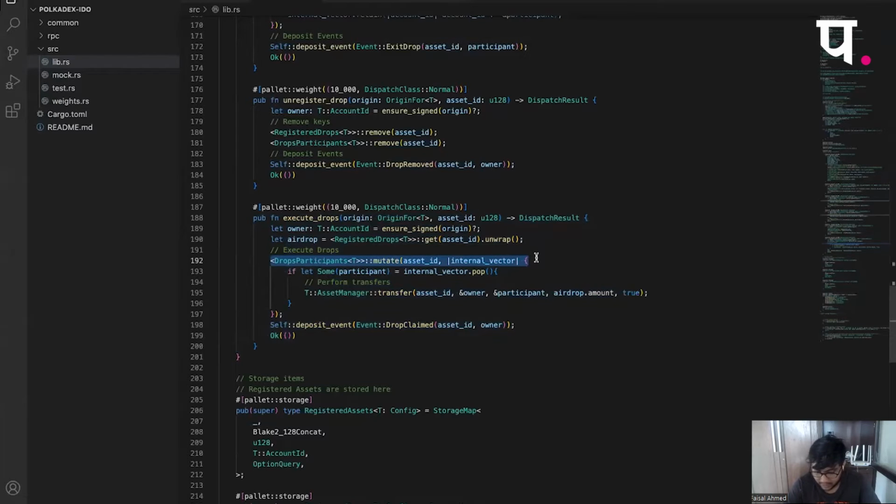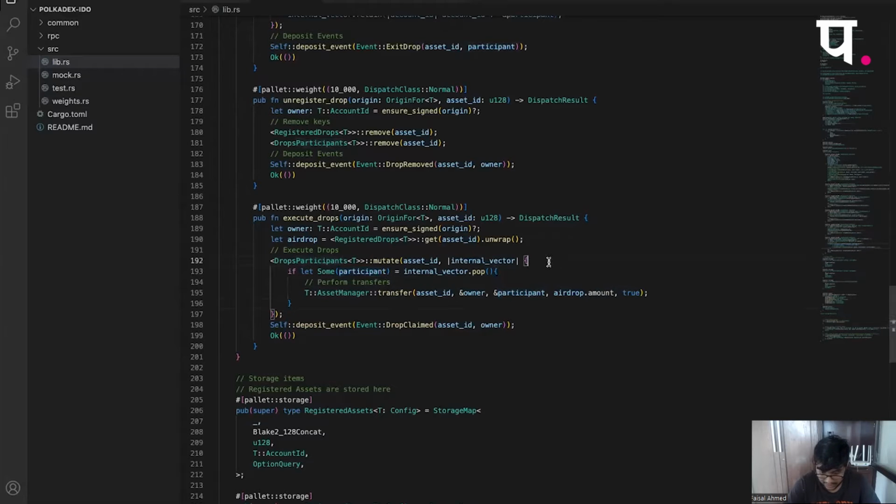So that is why I'm taking this and calling pop. Pop will basically remove that item from the vector. That way, after this function is executed, this participant will not be present in the vector, and therefore we reduce the number of reads and writes it takes to manually read, remove, and then override again. So this basically does that.